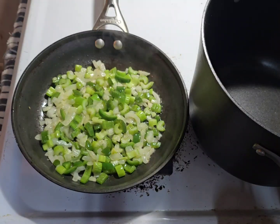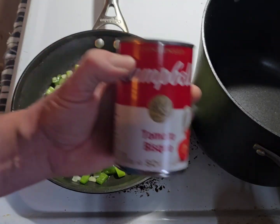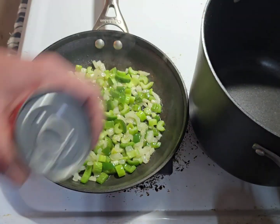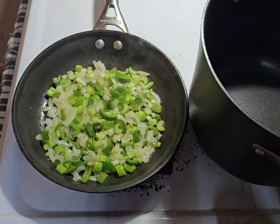These vegetables have been going now for a little over 5 minutes. We're going to let them go for a couple more minutes. I have turned the heat down a little bit. So in the meantime, we're going to take our Campbell's soup, put it into the pot,